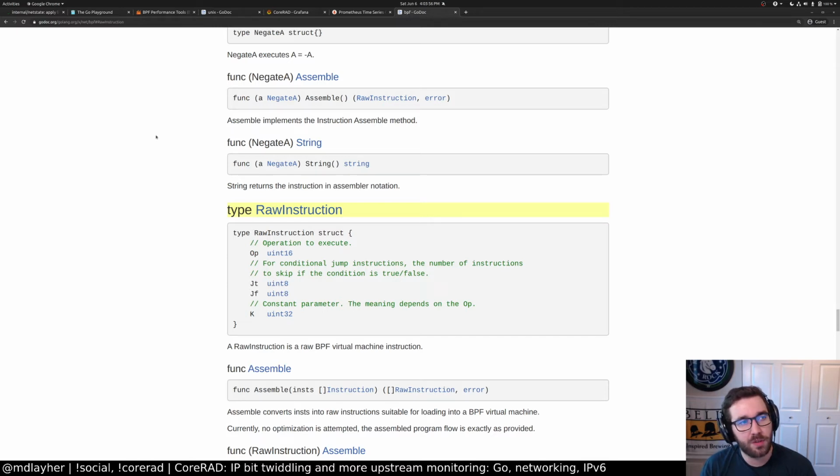I would think that you could write them in Go and then use this raw instruction thing, and then write these out in binary or something. Oh, no worries. The thing is I've never done BPF filters in C, I've only done them in Go. Although the Go interface is very similar to the C interface, just more high level.